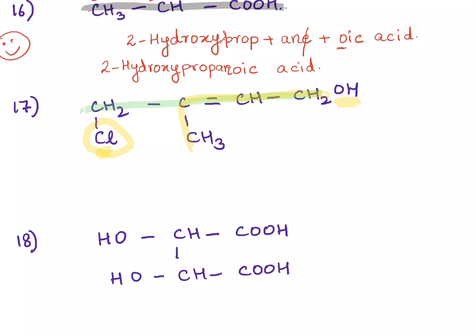And otherwise also, remember the rule? Halogens are always written as prefixes, never as suffixes, even if they are alone. So let's suppose I have a compound, let's say CH3Cl. If I have to give its IUPAC name, then it will be chloro, and there is one carbon atom, so chloromethane. As simple as that.